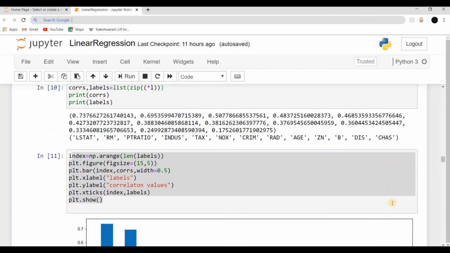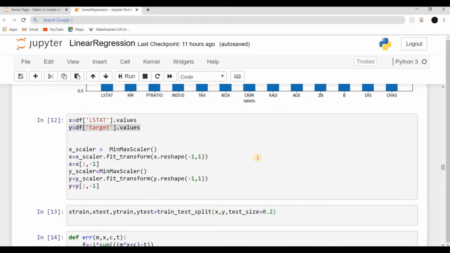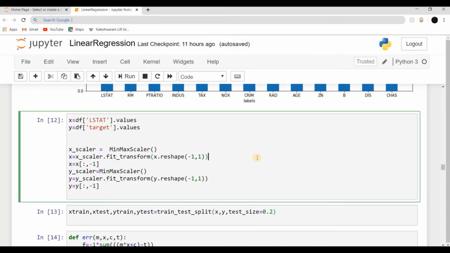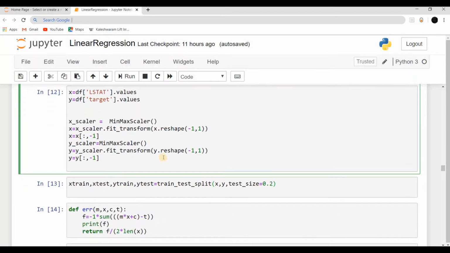We have to normalize the values because whenever the dependent and independent values are in different ranges, it is difficult to work with them. So we are transforming both of them into the same scale, that is 0 to 1, by using the min-max scaler object.